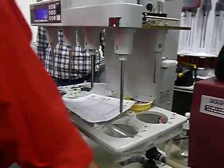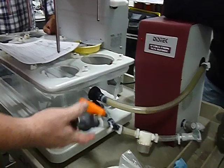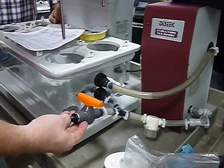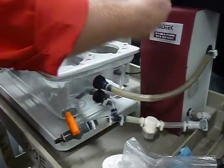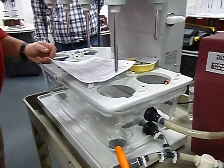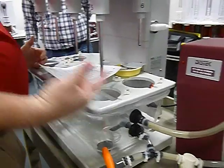Closure of the drain valve, making sure that this is closed and it's not dripping out. Usually I like to check a little bit, so I'll turn it just a little to make sure that it comes out freely, there's nothing blocking it, because when you need to empty it or get it primed again. TCS pump operation, it's a matter of making sure that it turns on and it's actually pumping through,